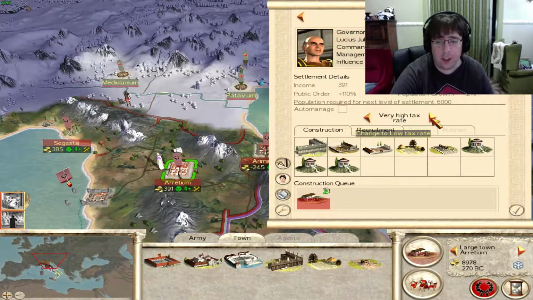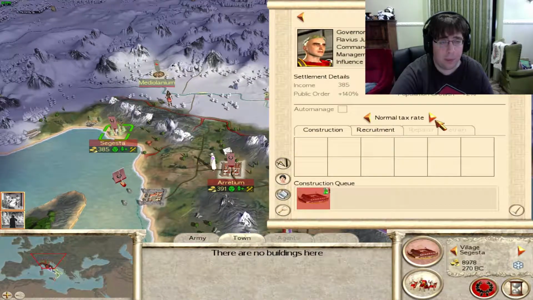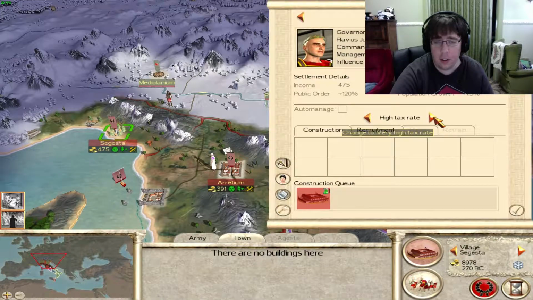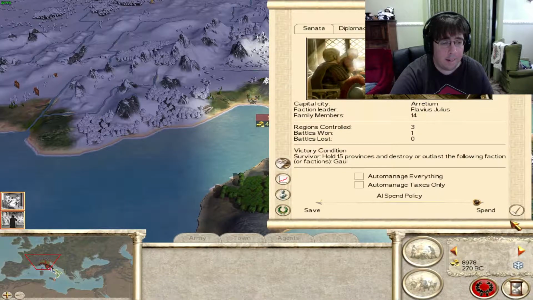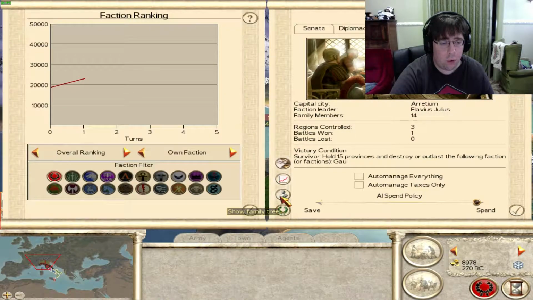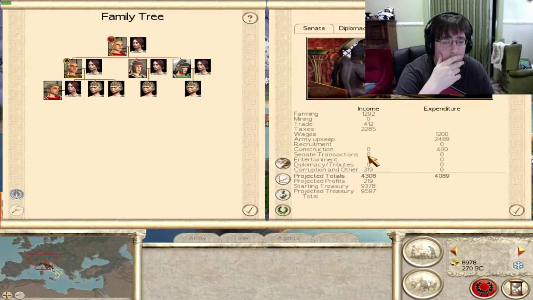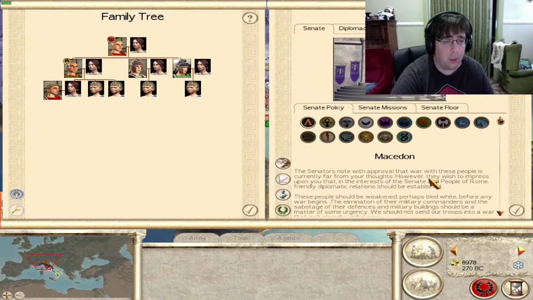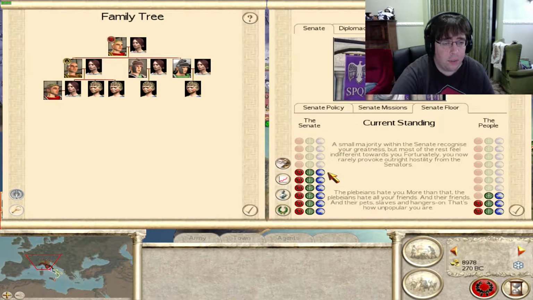Let's see, how much can we raise the taxes? Quite high, actually. Too high. Right. Good. That means finances. Yeah, our building actually paid for itself. Or we can pay for it, anyway. Senate missions, very good. Senate floor. Amongst the people, we're actually...